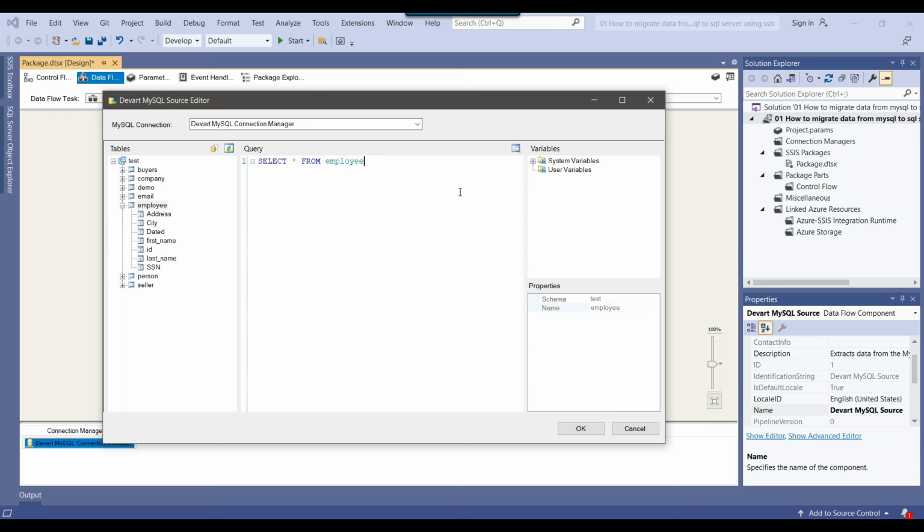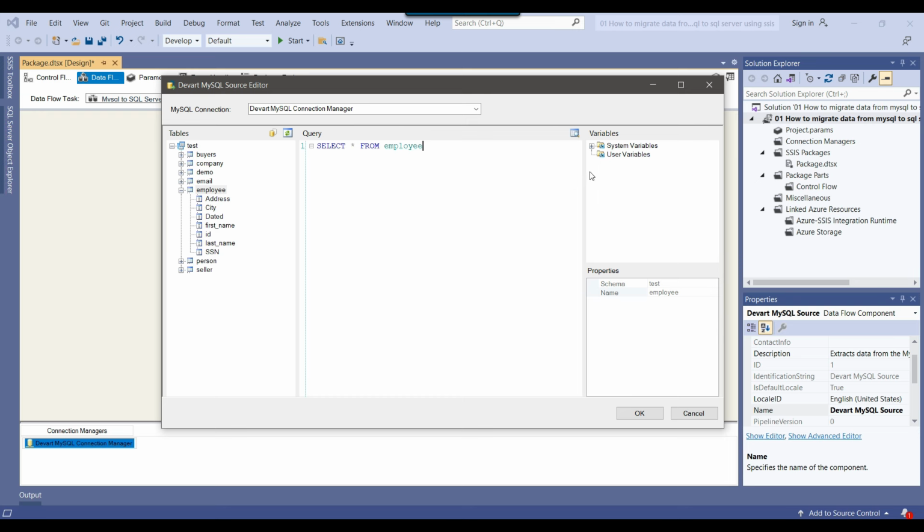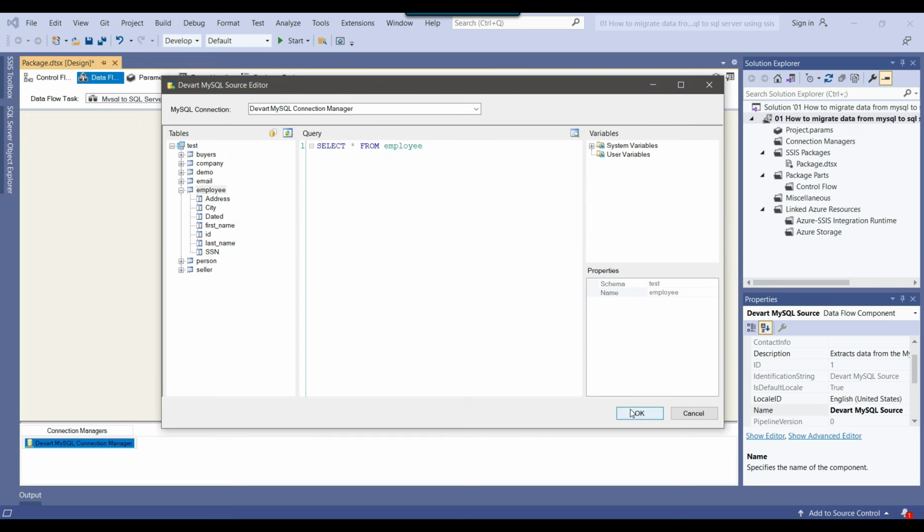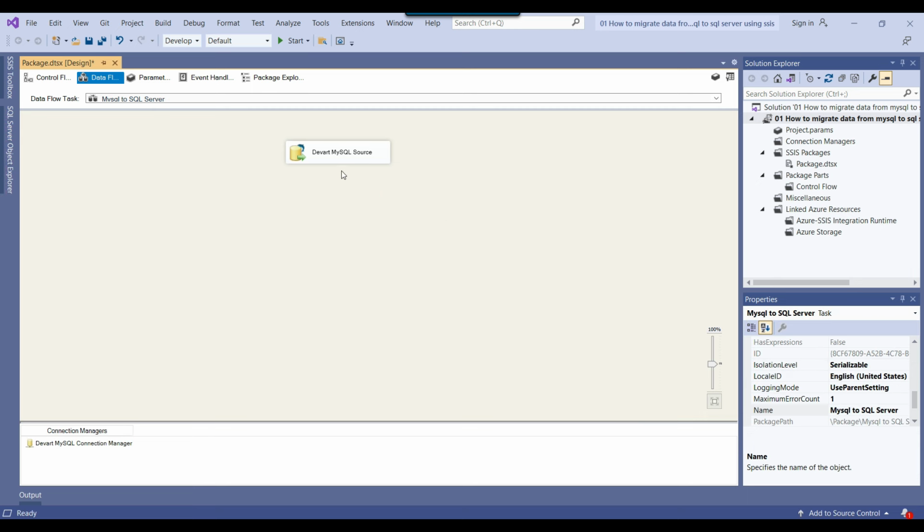So you need to fetch all data from the MySQL, and if the data is huge, then it can take a lot of time. But here you can make use of the variable, and then you can select only the data that is required. So for now we will select all data, but I will also show you how you can use the variables as well to select only the required data. So now it's selecting all data from the employees table, so I can click OK,